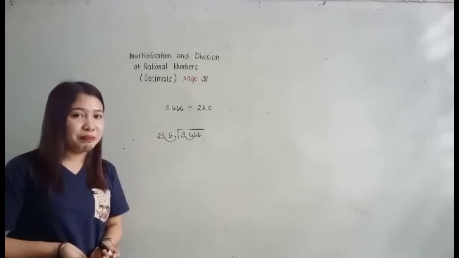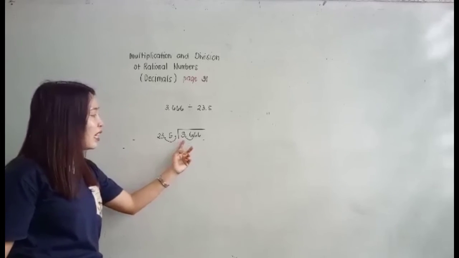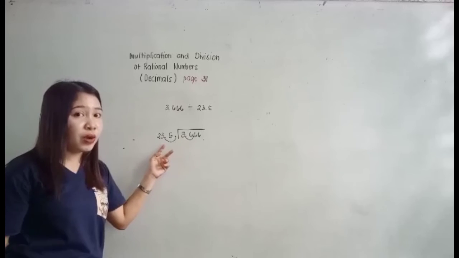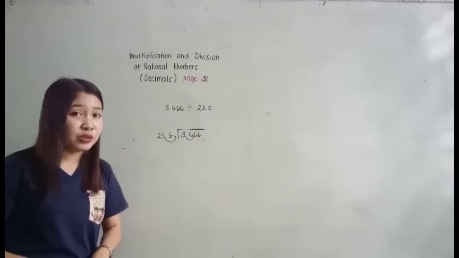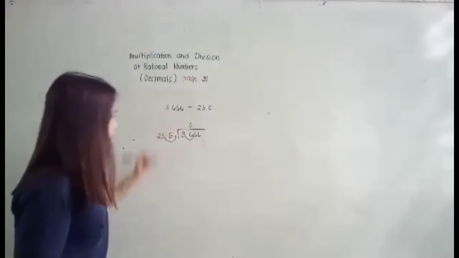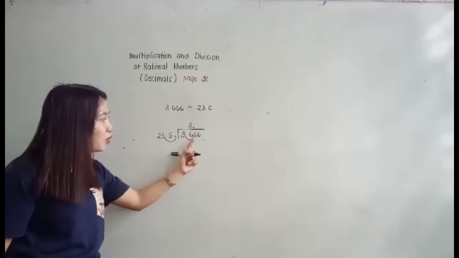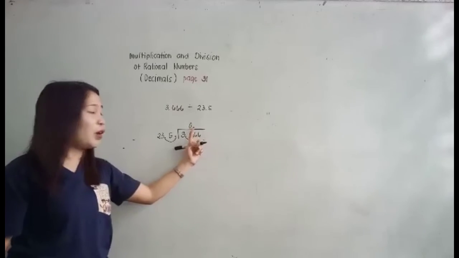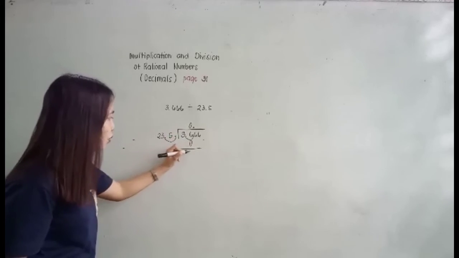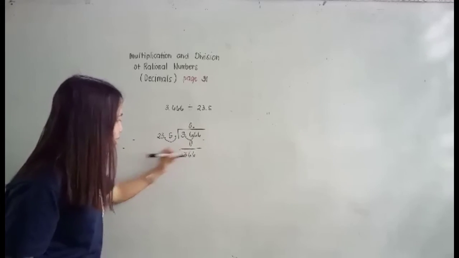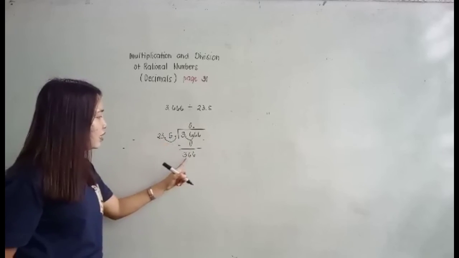Sumunod naman ay mag-proceed na tayo in division. So, unahin natin yung 36 ay i-divide natin sa 235. So, 36 divided by 235 ay equals to 0. Then, put the decimal point there. Kung saan yung kapantay, ito natin ilalagay yung decimal point. Okay, so 0 times 235 ay equals to 0. So, 336. Then, bring down 6. So, 366